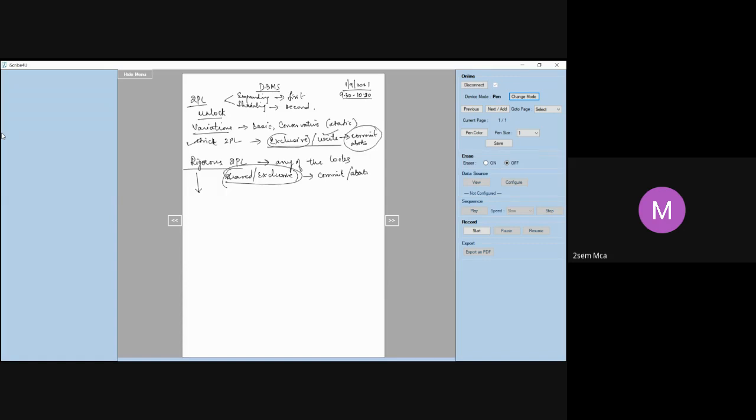In case of rigorous 2PL, I said it's a stricter variation of your strict 2PL. What happens in rigorous 2PL? None of the locks will be released unless the transaction commits or aborts. Only after it successfully finishes its execution will it release the shared lock or the exclusive lock. Any lock, be it shared lock, read lock, or exclusive or write lock. So that's the difference between strict and rigorous 2PL.